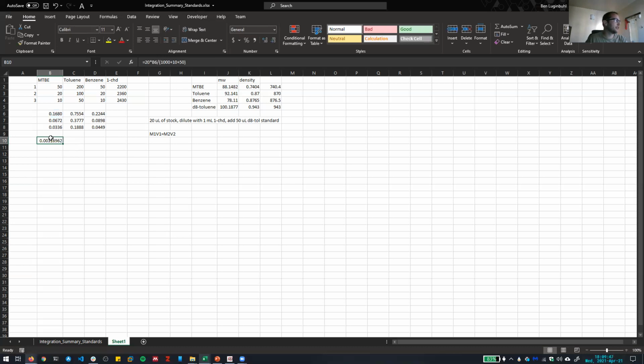So that ends up with this really small concentration of the MTBE. And then if we want to make sure that we can extract this to make it work well, as it's written now, this should be just fine to drag down and across. So these now should be the concentrations of each of our analytes in our standard solution. And we should also make sure that we know the concentration in moles per liter now of our D8 toluene